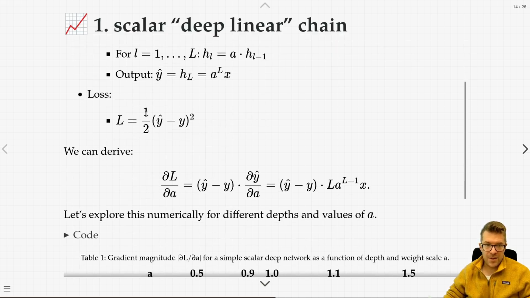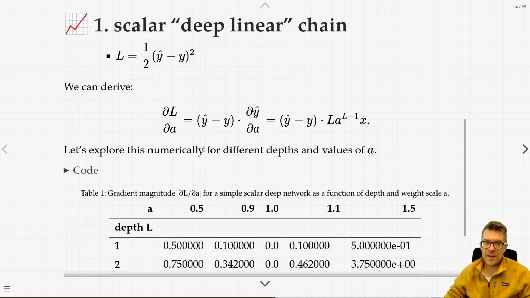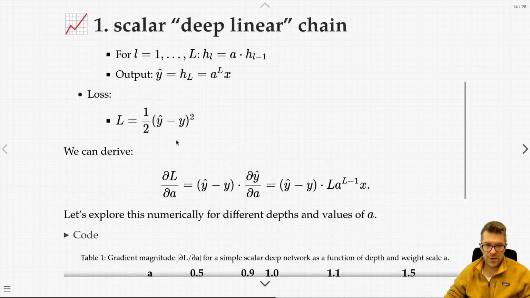My loss is going to be the same one, more or less, I've been looking at before. This is only scalars, so I don't have to take a norm. It's just going to be 1/2 times the square of the difference of my prediction and the truth. Now I can take our derivatives. What is the derivative of L given a? This is the derivative of this whole function. Again, I take down the 2, multiply it by 1/2, it disappears. I'm left with y hat minus y, which is right here. But then I have to multiply that by whatever the derivative of y hat is with regards to a, which I haven't done yet, but